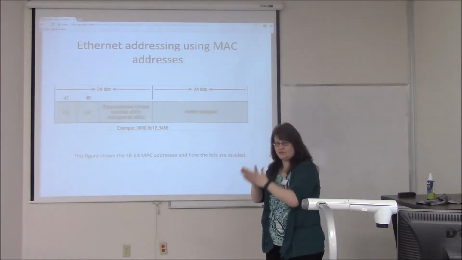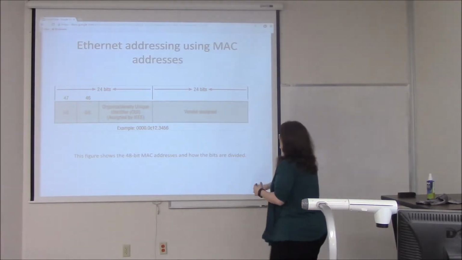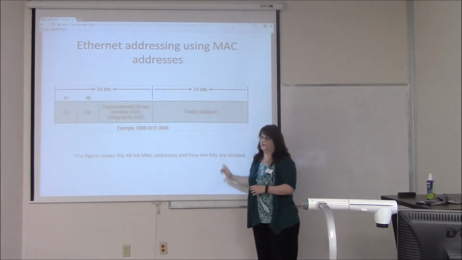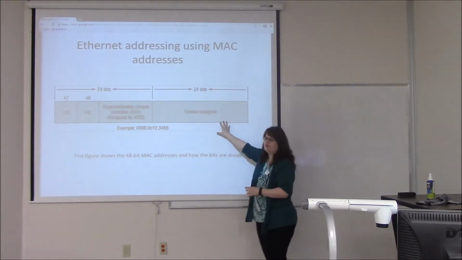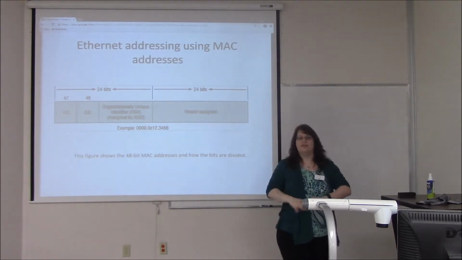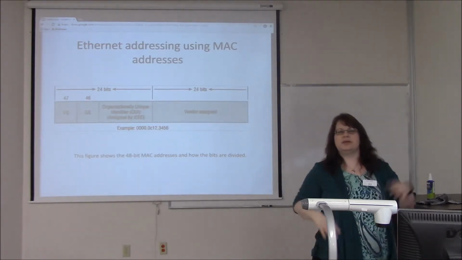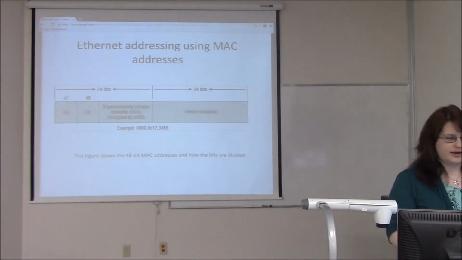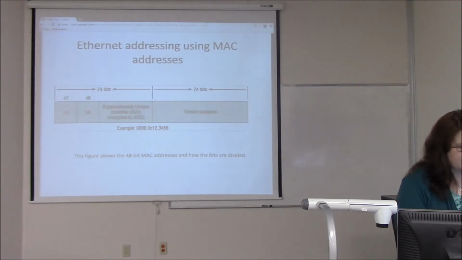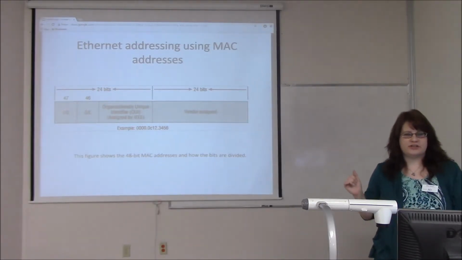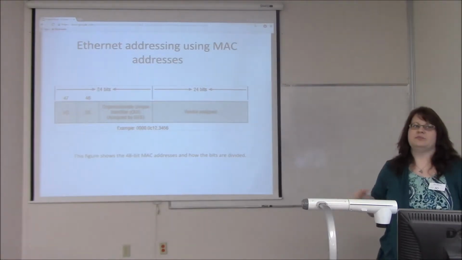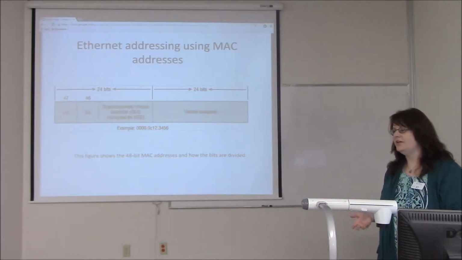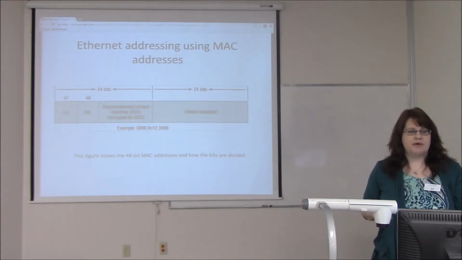And here's the part that you actually care about, because that last bit is assigned by the vendor. So this denotes the vendor. This is assigned by the vendor to be the unique part of the address that nobody else will ever have, because they're all their own unique snowflake, right? So when you think about the vendor assigned bits, you might look at that and think, that's not a lot of numbers. I'm sure they make a lot of things that have NICs in them. And you would be right. But